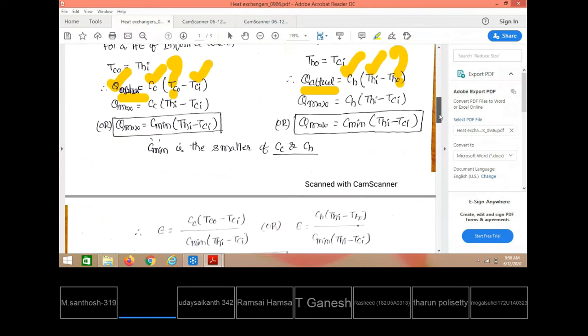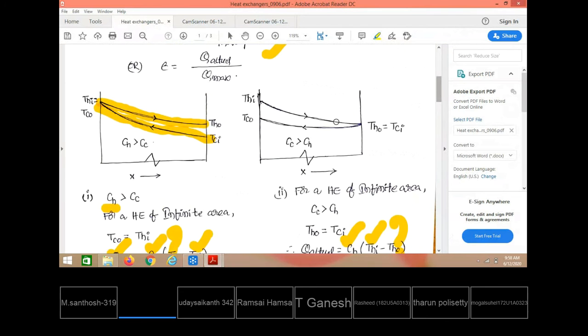You see here, when Cc is smaller than Ch, the cold fluid has more affinity to receive heat from the hot fluid side. Therefore, initially we assume that this heat exchanger has infinite area. So now the hot fluid is entering with Thi temperature in the heat exchanger, and at the exit of the heat exchanger the hot fluid temperature becomes Tho. Since it is working like a counterflow mode of heat exchanger, the cold fluid is entering with Tci from the other side, and what may be the final temperature we can expect for the cold fluid on receiving the heat from the hot fluid side?